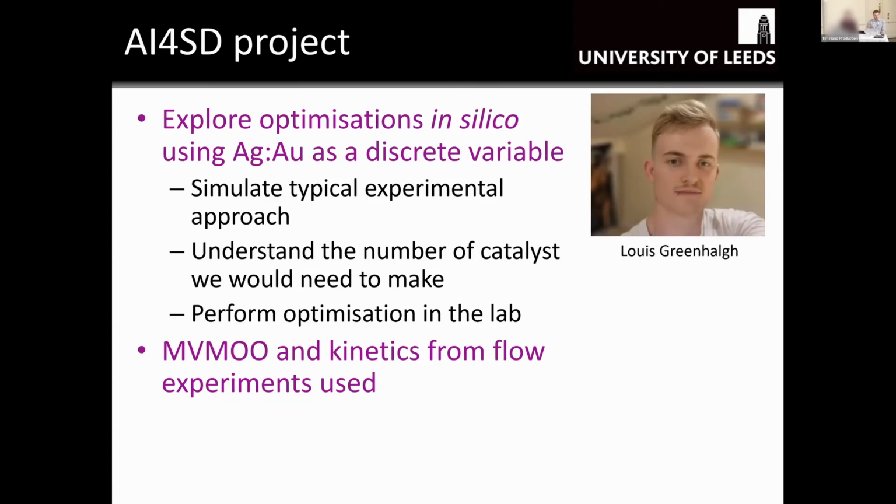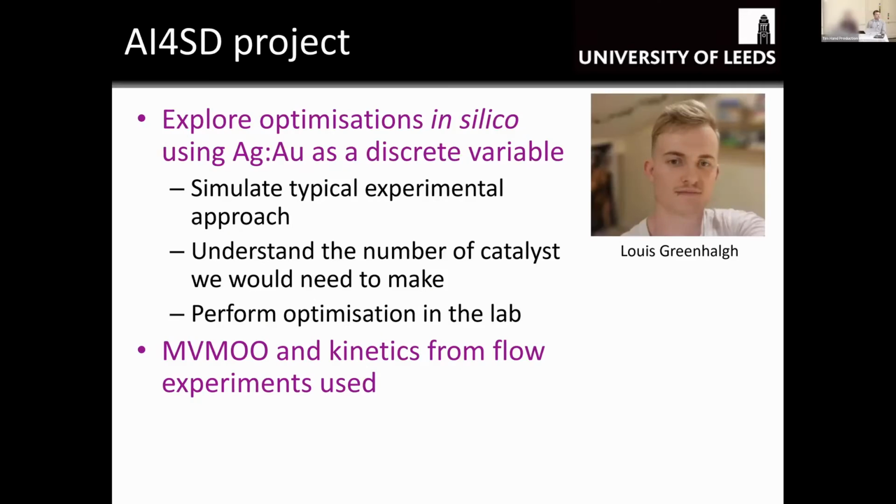And what we got him to do was to simulate the use of gold and silver ratio as a discrete variable, which simulates what normal, typical catalysis people would do, which is make 10 catalysts, stick them on a liquid handler, and then drip them in. And we got him to calculate and optimize the system in silico using that as a system to understand how many catalysts we'd need to make compared to a continuous approximation of that catalyst, and then we got him to perform some of these